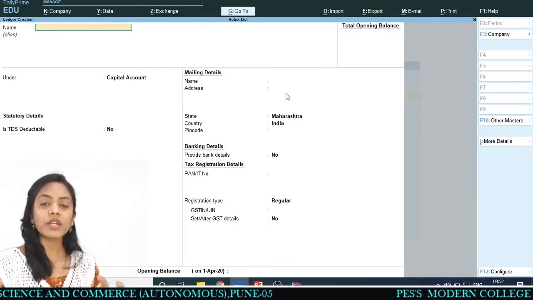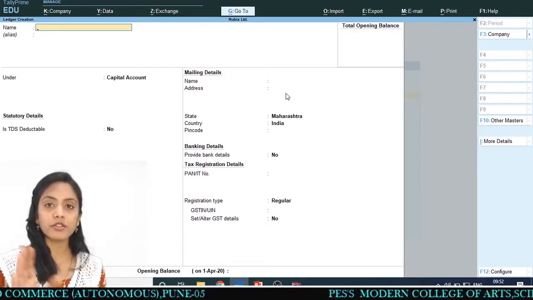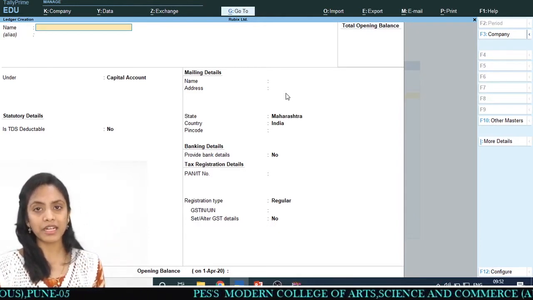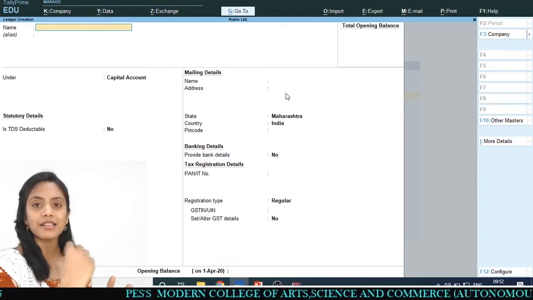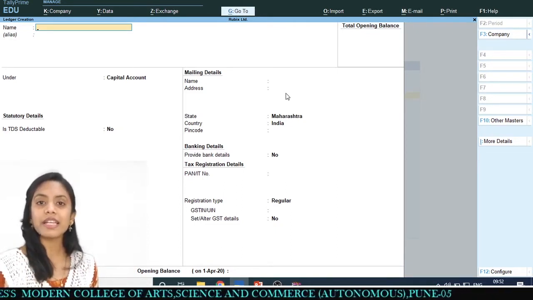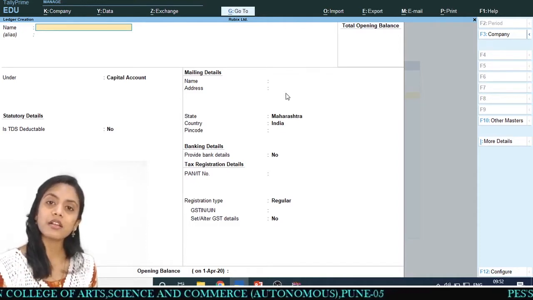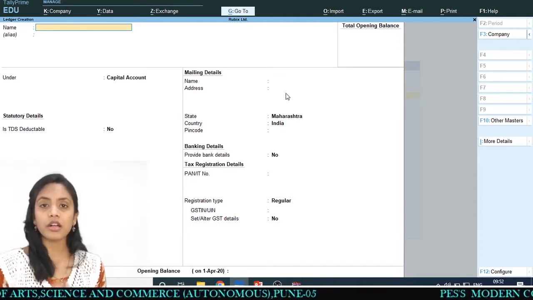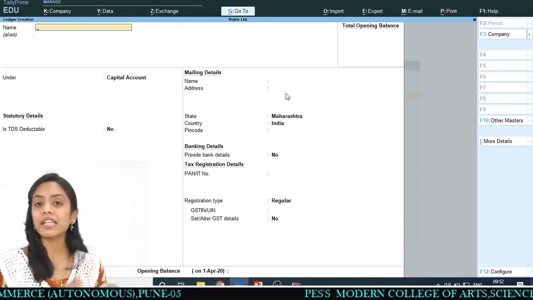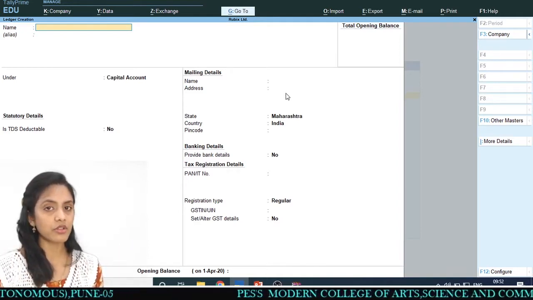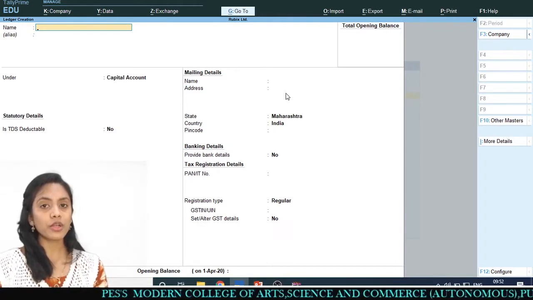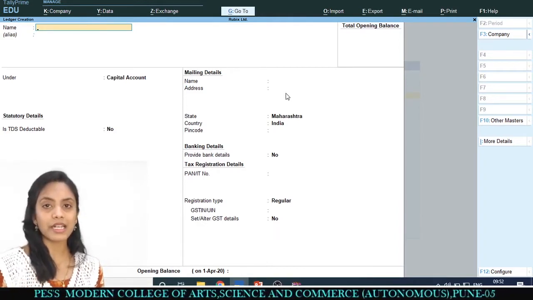Okay, now what is meant by the ledgers and what is meant by the groups, you know that. Once again I am repeating the sentences. In a balance sheet and in a profit and loss account, when there is a heading like capital, current assets, current liabilities, these are the groups. Under that, when we create ledgers like the purchase account, sales account, any party's account, cash account, bank account, these are my ledgers. We have taken a comparative lecture of manual accounting as well as computerized, right? So in this lecture, we are going to see how to create groups and ledgers.